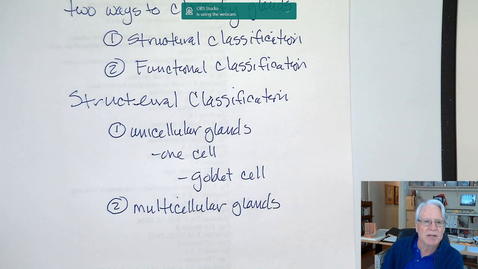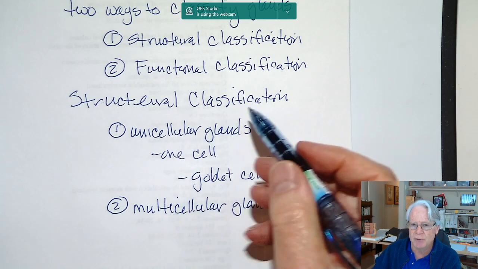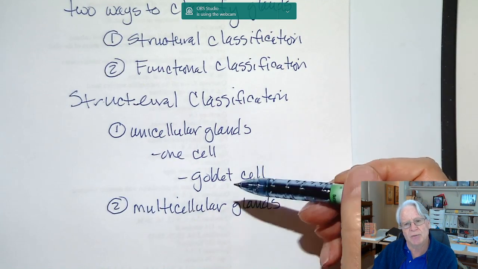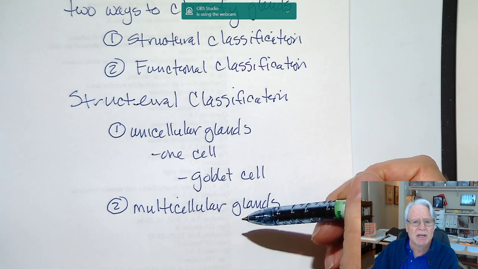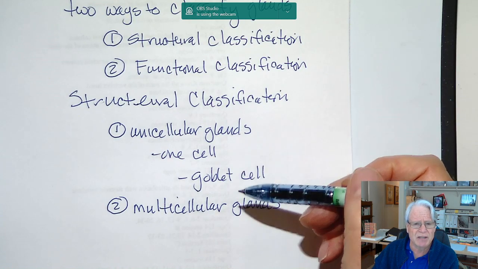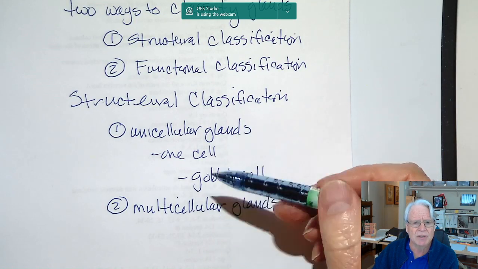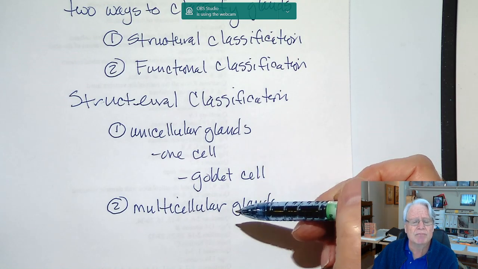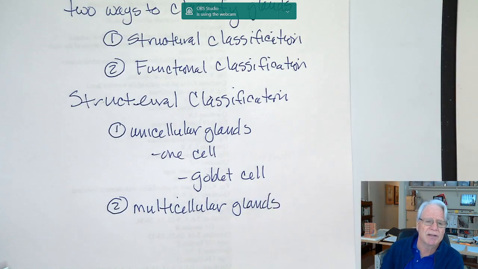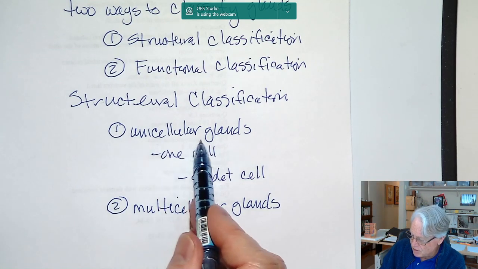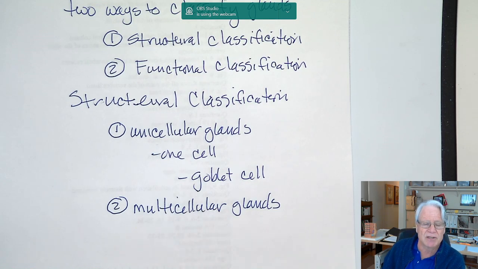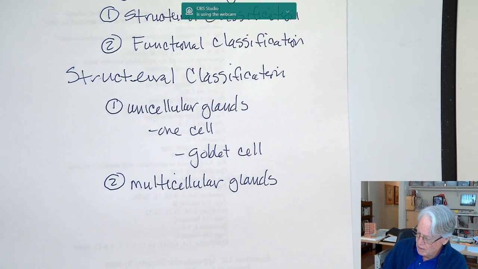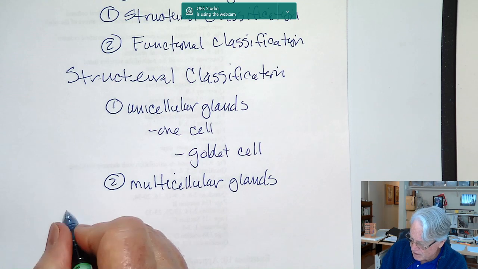So the point that I'm making here is that when we look at structural classification, we're no longer trying to figure out whether endocrine or exocrine, but we're looking at both types of glands and trying to fit them into these two different categories. Is it a single cell? Is it many cells? It doesn't matter whether it's endocrine or exocrine. Does it fit this description or that description? That's structural classification. The functional classification